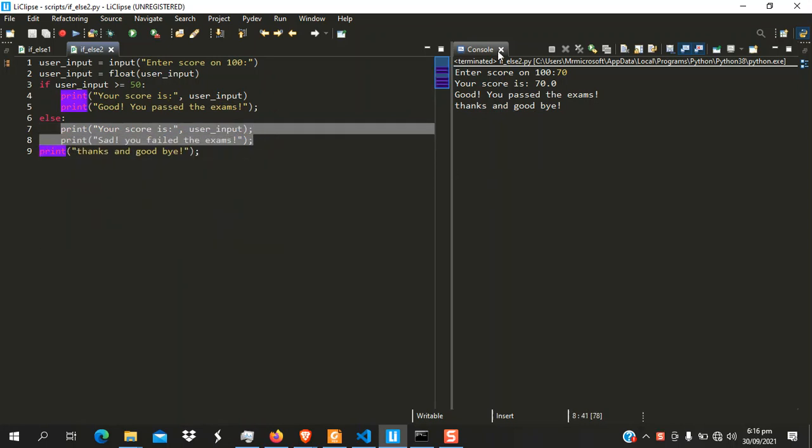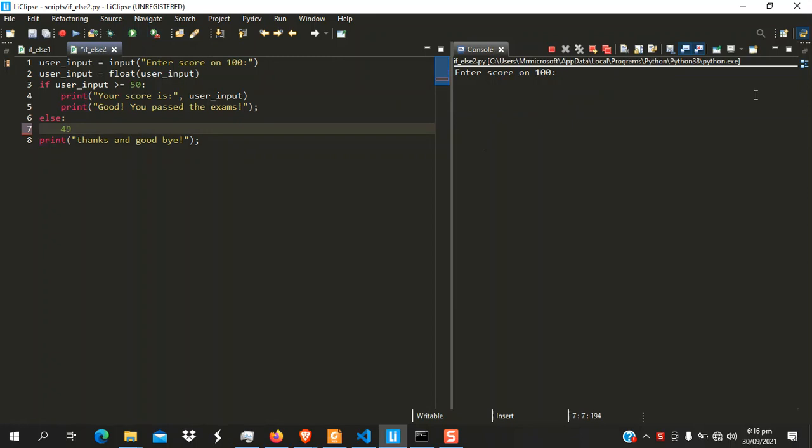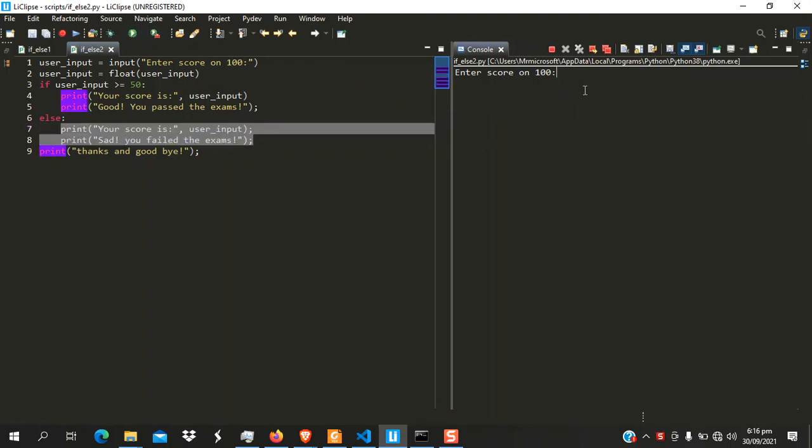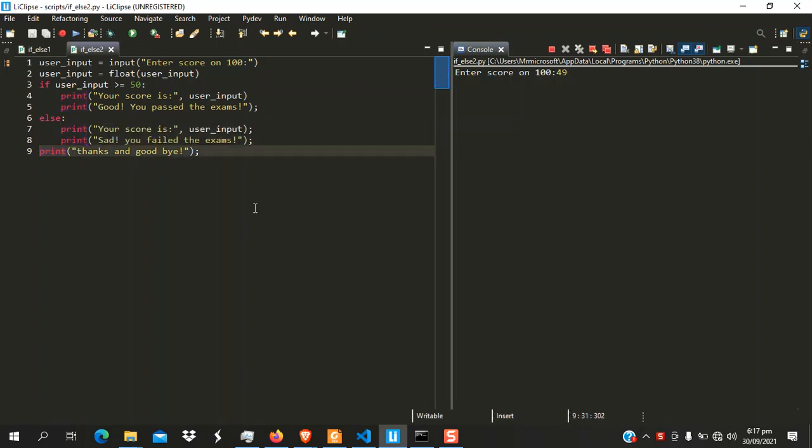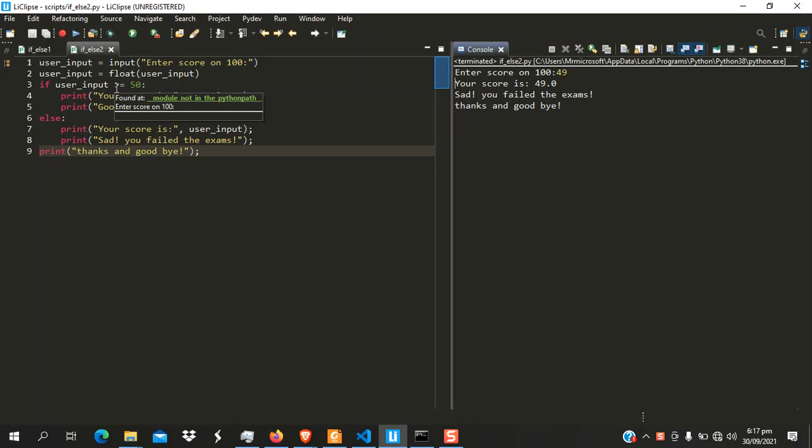Now let's try a score which is less than 50, for example 49. Okay, let's execute the program now. All right, it's already executing. Your score is 49. Sad. Now you see, since this statement will be equal to false,